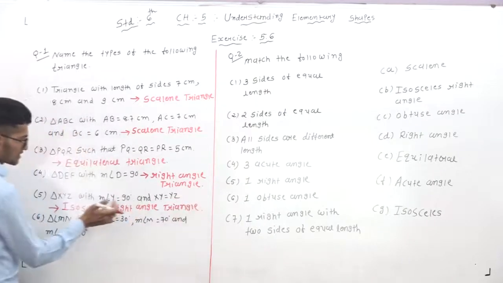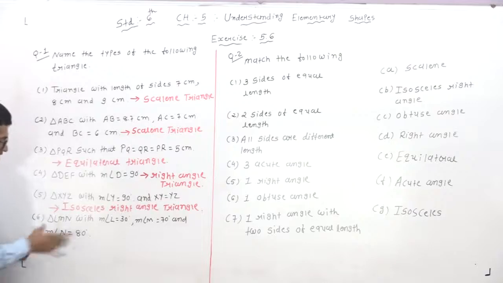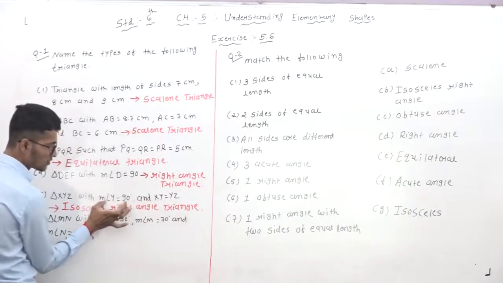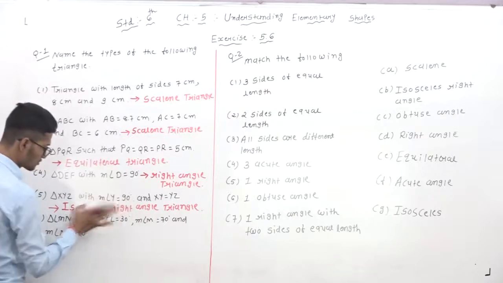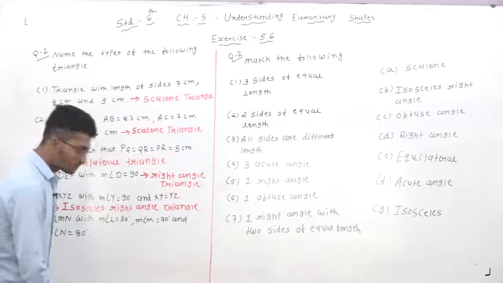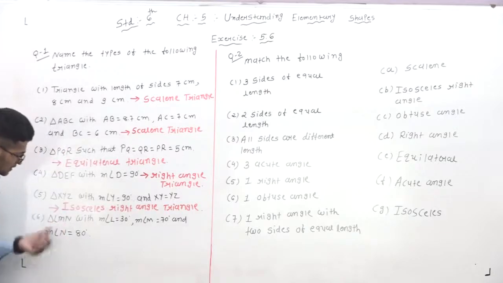So this one is the isosceles right angle triangle. Isosceles, why? Because here two sides are given. Right angle, why? Because one angle is given as 90 degrees. So it's called the isosceles right angle triangle. Understand? Then after that, the sixth one, triangle